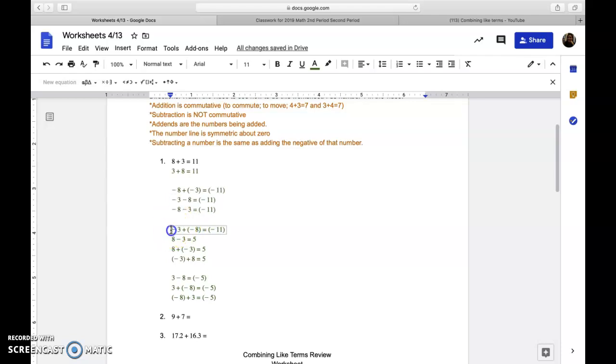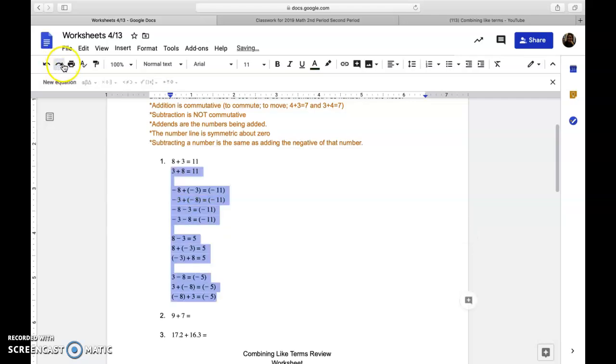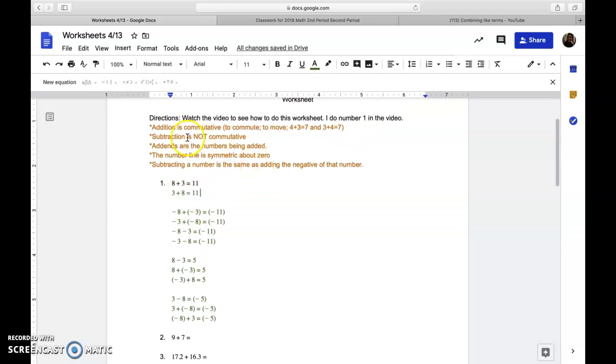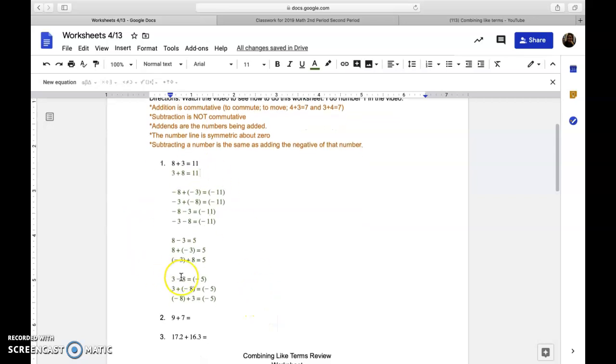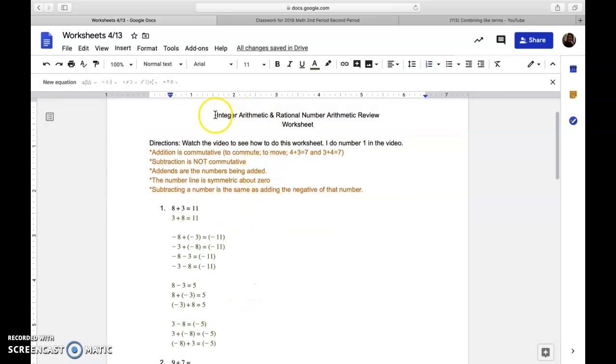They should be in the order that I solved them in this video. So if you have a notebook out with you, you can write these notes down on a piece of paper or in your notebook, and you can write this example in your notebook and then just follow that example for number 2 and 3. The goal here is really for you to